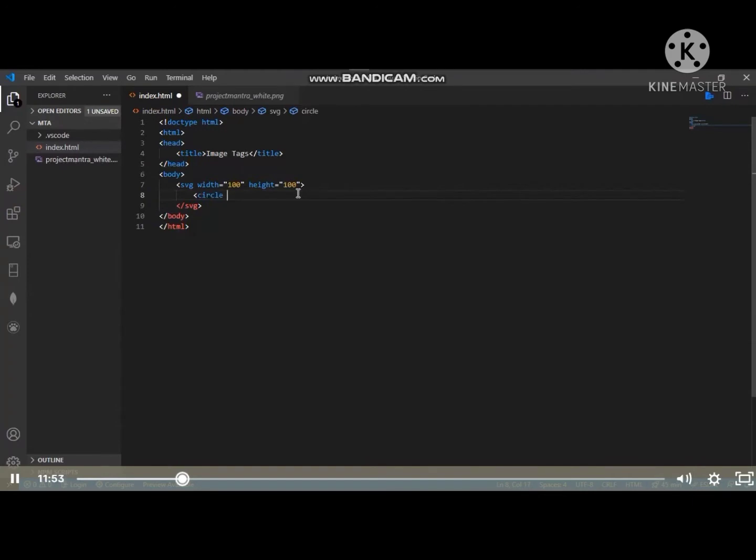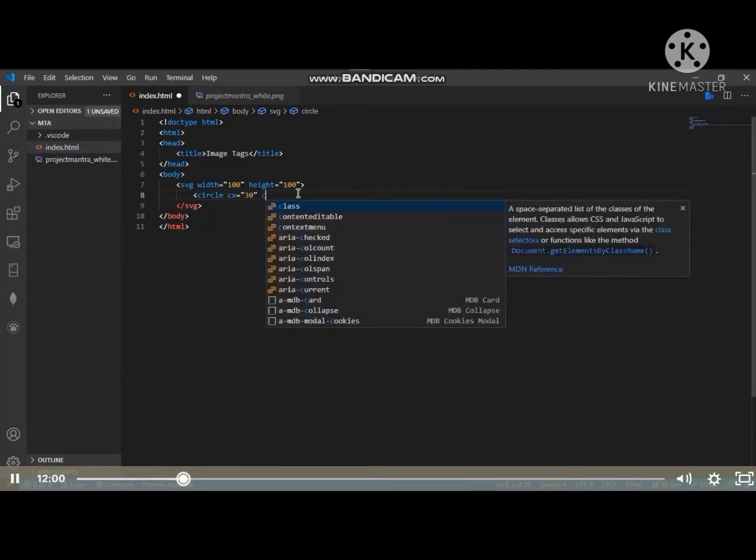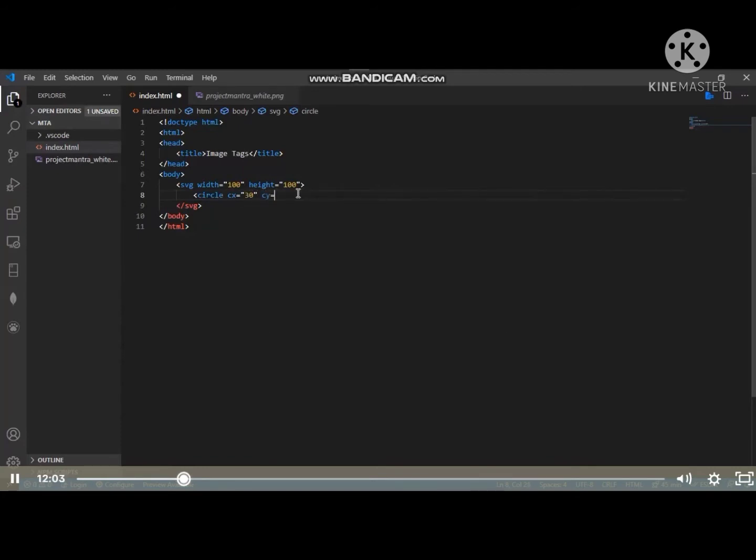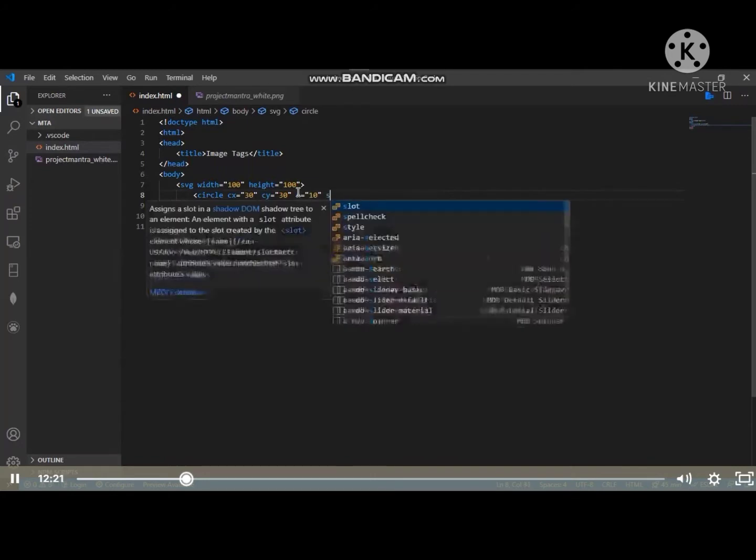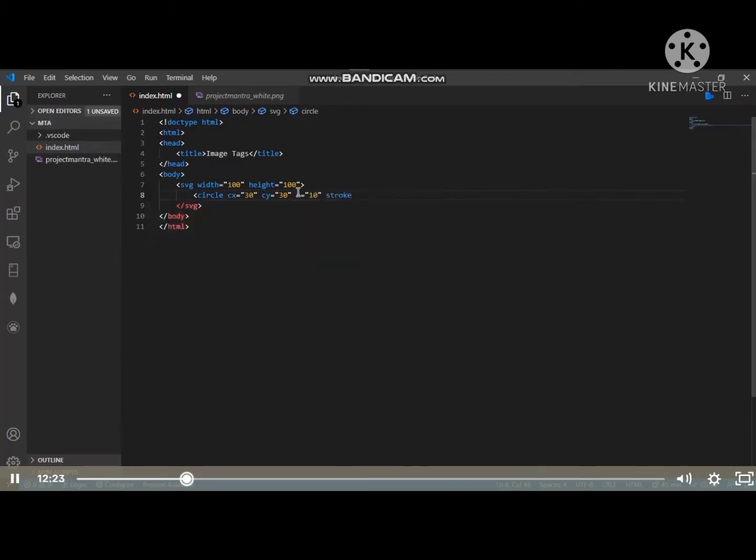The x-axis is equal to 30 and the y-axis is equal to another 30. So I'm using 30 in order to maintain the proportion, and the radius is equal to 10 and stroke is equal to black,